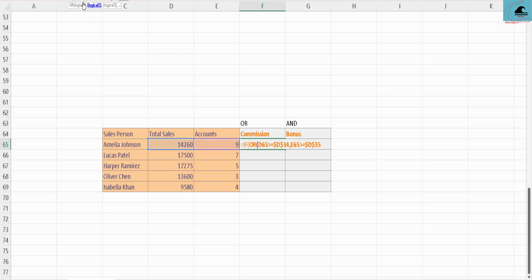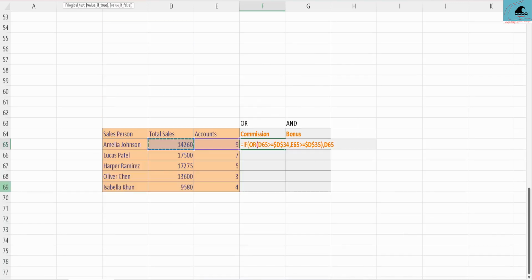With one IF function, you cannot have two logical tests. You have IFS and nested IF functions to have that, but those are for mutually exclusive conditions. For non-mutually exclusive, this is the only option. This is the logical test we have made. If this logical test is true,